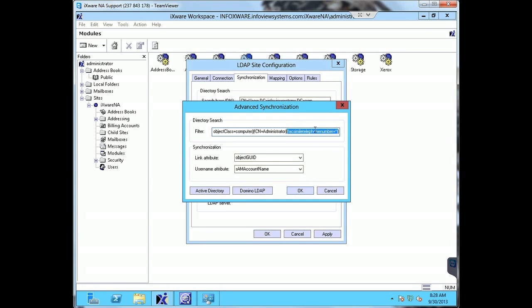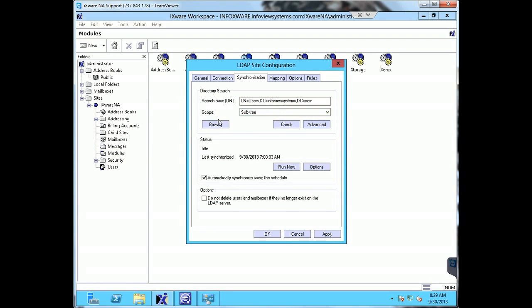Now in addition to the main search base here, I also want to click the advanced button because I want to use this filters tab to be very specific about the users that I bring in. Now by default there are some filters that are automatically listed, and they are going to start with class equals user and class equals person. So we're going to look for any users. We're going to look for users specifically that are people. We are not going to look for anything that is a class of computer,